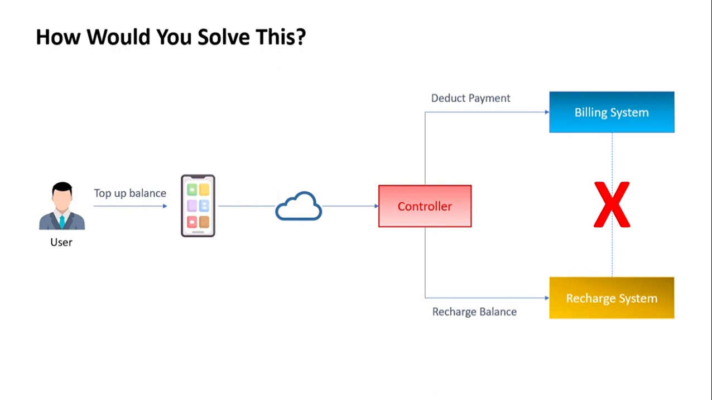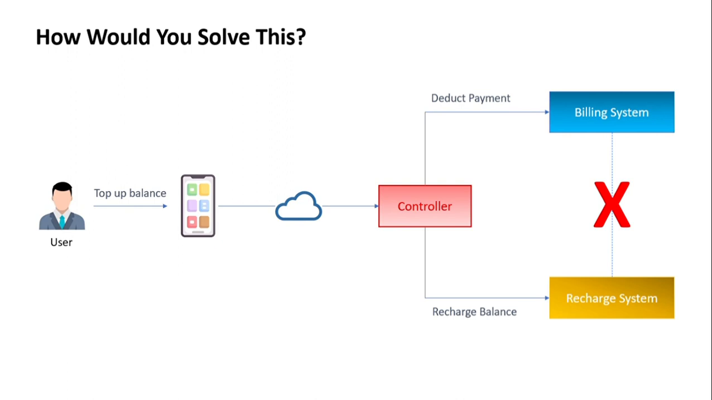So let's take a few cases into consideration. You call the billing system, it deducts the payment, everything is smooth. However, upon calling the recharge system, it does not recharge the balance. And so now the user is stuck in a scenario where their payment is deducted, however, the balance is not topped up. Another example would be that you call the recharge system first, however, the billing system fails,